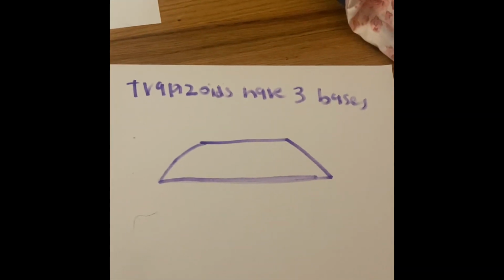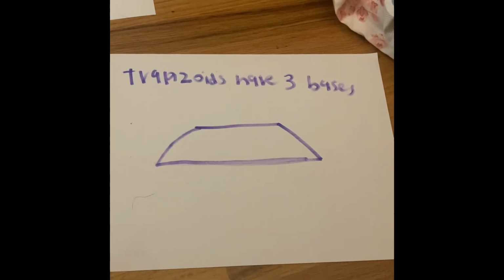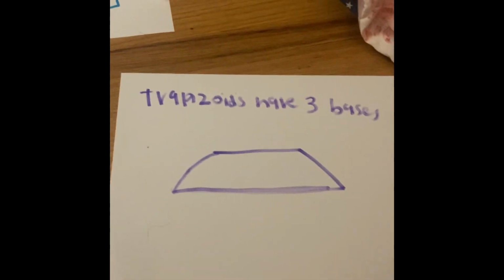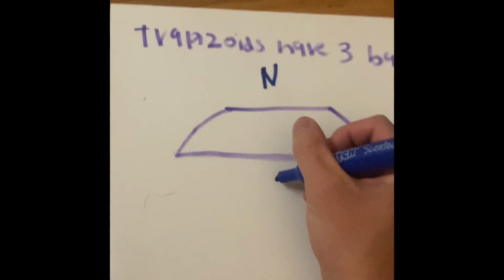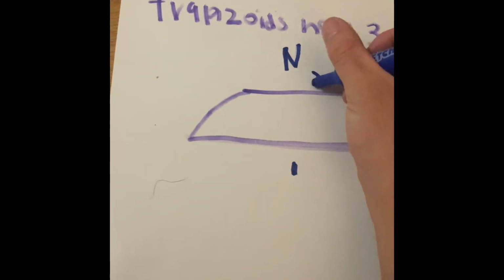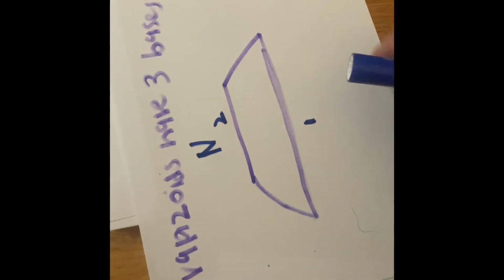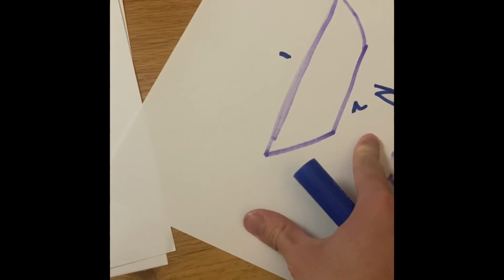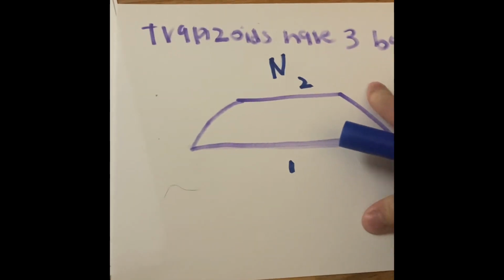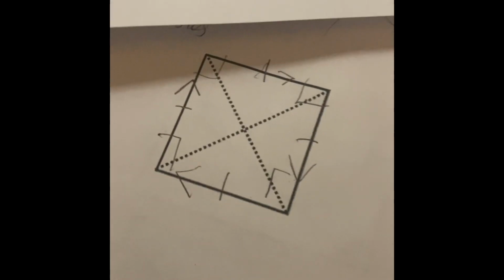So we're going to say always, sometimes, never. Trapezoids have 3 bases. We're actually going to see that there's a never, because this is base number 1, this is base number 2, but the problem is, if you put them on this side, or on that side, it's not a base, because bases should be parallel to each other,